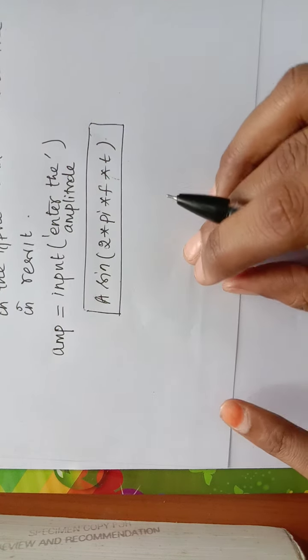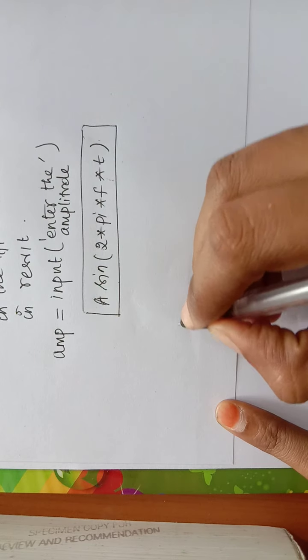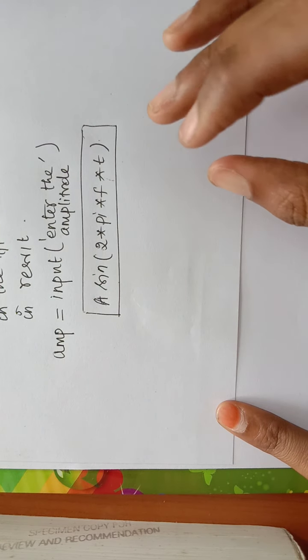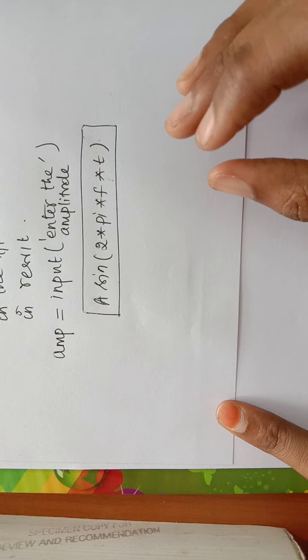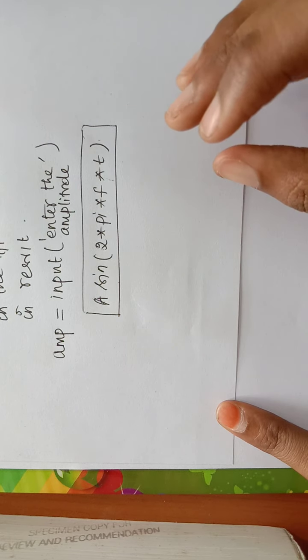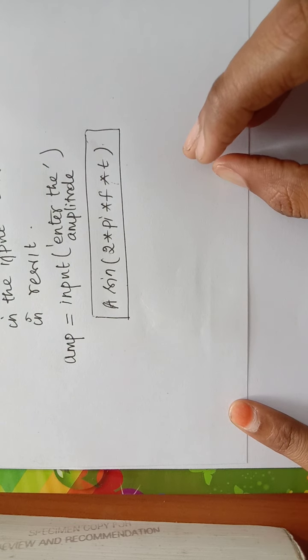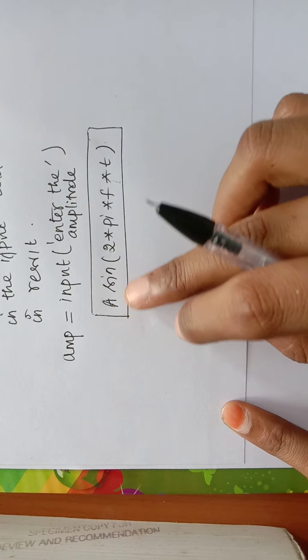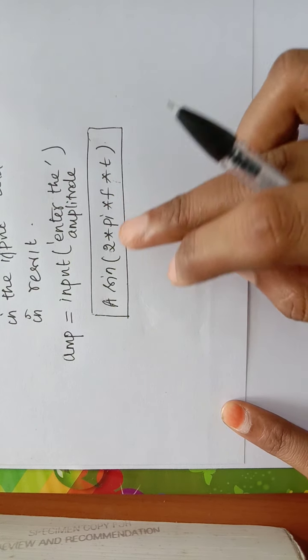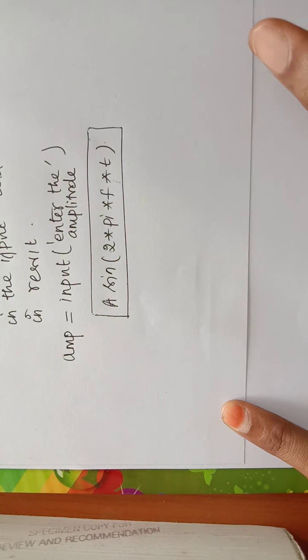First, what you have to do is just write down the expression. It is very simple. There is no need to worry about MATLAB programming. It is similar to C programming, and it is user friendly. Okay, now see this one. This is A sin(2 pi f t). So using this function, I am going to generate a sine waveform now.